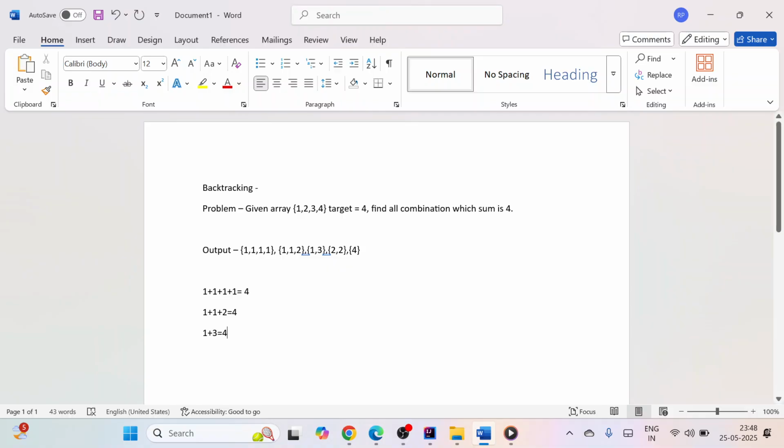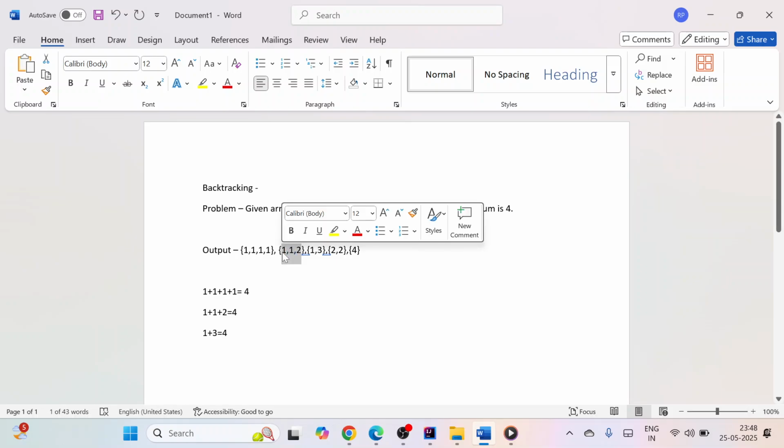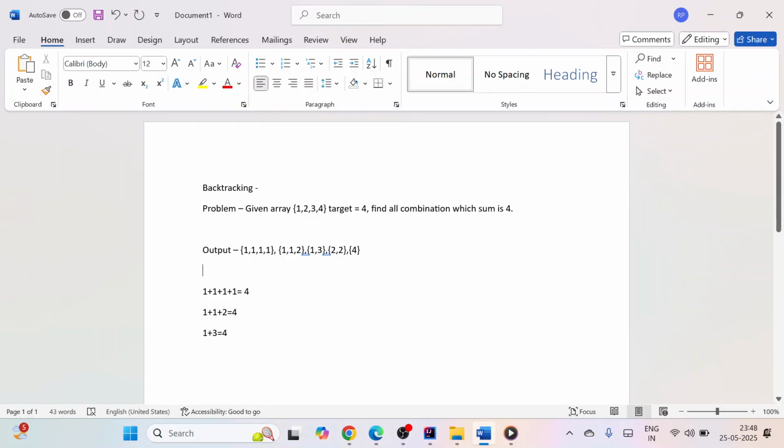So whenever you have to go back, this is the combination. Whenever you have to go back, that time you have to use backtracking. Please keep in mind, whenever you feel while dry running and solving the problem in your mind that if we are making the combination, we have to again go back and check all the combinations, then that time you have to use backtracking. Only the option is backtracking to make the problem easy.